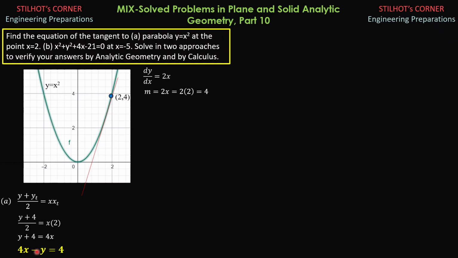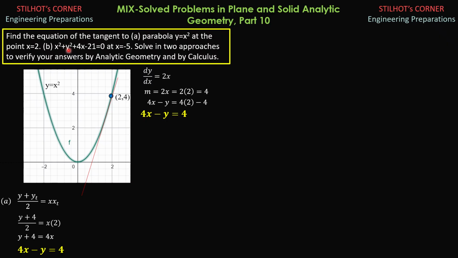So 4. Then we anticipate that the equation of the tangent is 4x minus y, because the slope of a line in general is the negative coefficient of x divided by the coefficient of y. So if the slope is 4, the terms with x and y would be 4x minus y. Then it is equated to 4 times xt minus yt. So we just pattern that: 4 times 2 minus 4, 4x minus y equals 4, which is the same as that.